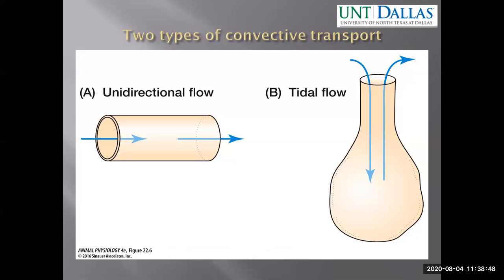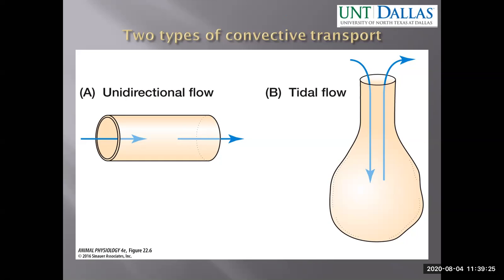Let's take an example to explain the two types of convective transport. Convective transport is also called bulk flow. There are two kinds of precise effect of fluid flow on gas transport, depending on the geometry of the flow. Two geometries of importance are depicted in this figure. Here you can see the unidirectional flow and the other is the tidal flow. Talking about the unidirectional flow,